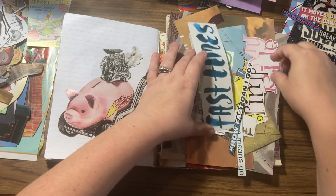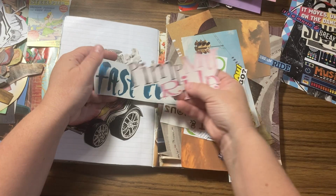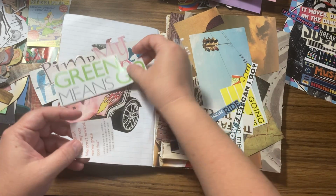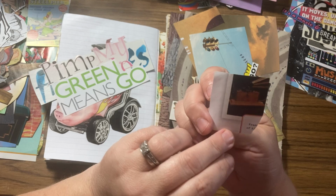And I got all kinds of neat fonts and things. I've been sorting my words and things. That's another thing I do in the evenings, like if we watch TV. This was from